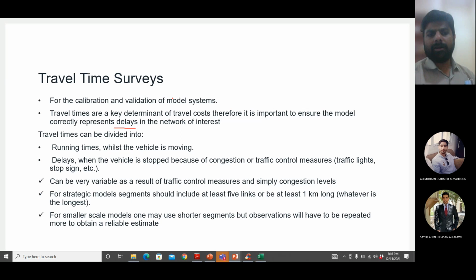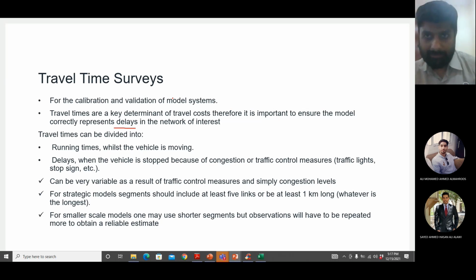But in order to make a reliable estimate, take travel time observations more than once. This is true for the first model as well, even for the entire network. But in the entire network, since you are dealing with so many highways and roads, all roads and highways may not be observed the same number of times. But if you are dealing with a very short study, or a smaller scale model, then make sure that for whatever segments you have, you take travel time repetitively for that segment to have a reliable estimate.